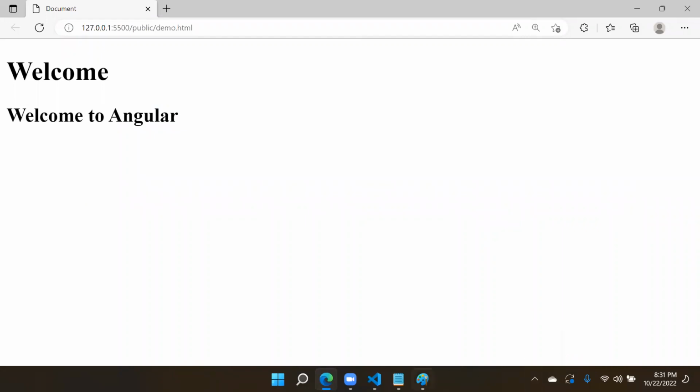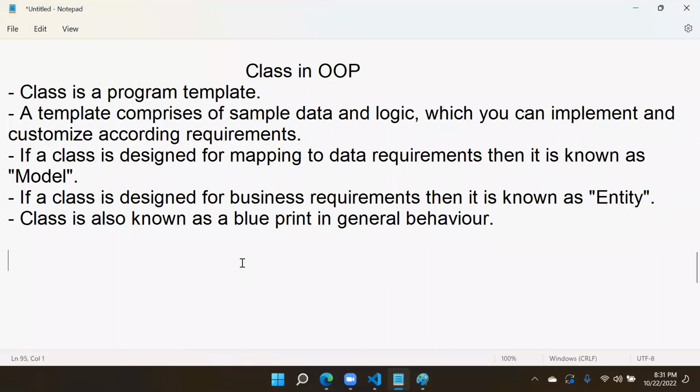That is the concept of a class in any computer technology. Either it is Java, .NET, C, C++, any OOP language, a class is a program template. And this class has the behavior of entities, the behavior of models, and the behavior of a blueprint. Depending on the situation, we call it different ways. Now technically, in TypeScript,